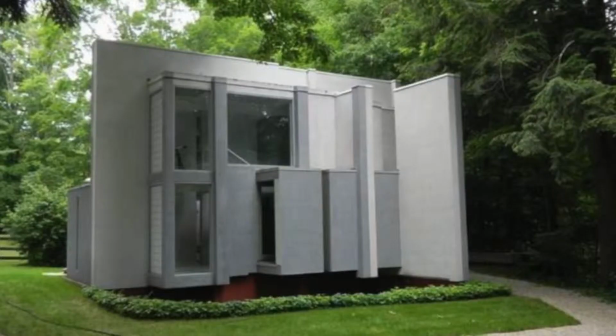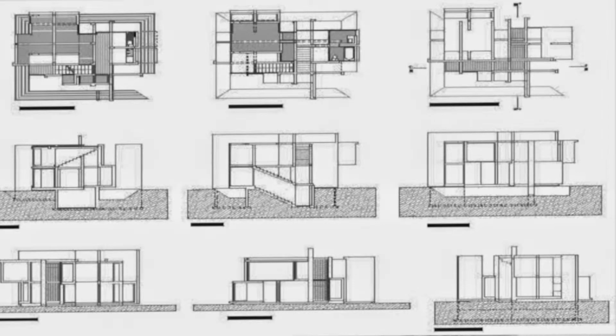Peter Eisenman designed a series of houses from number 1 to 10, and today I'm going to show you one of his most famous houses, which is House number 6. This house was built in 1975, and this design is for Mr. and Mrs. Frank. As you can see, he had already abandoned the modernist view of function as an important aspect